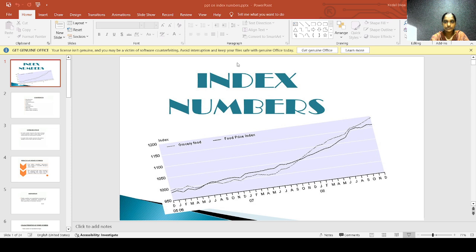It consists in expressing the aggregate of prices of all commodities in the current year as a percentage of the aggregate price in the base year. P01 is nothing but the index number of the current year. P1 represents the total of the current year's prices of all commodities. P0 is nothing but the base year prices of all commodities. For example, in this example, we can see